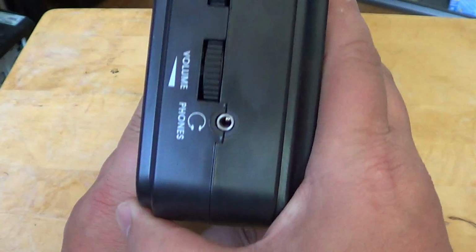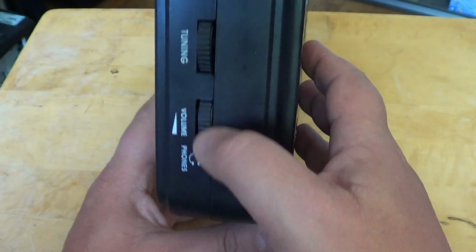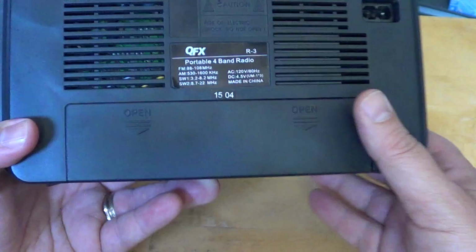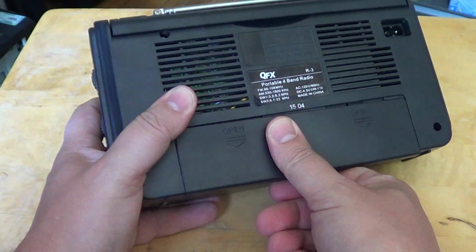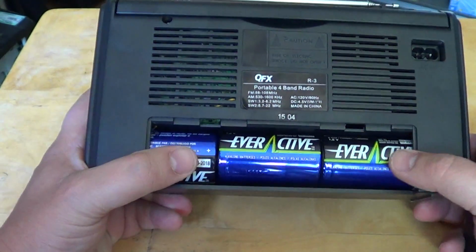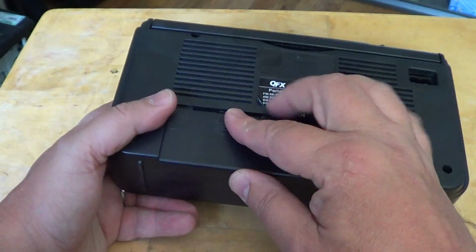So if we look at the radio itself, on the right side, you've got the tuning and the volume and also the on-off switch. There's a headphone jack. In the back, of course, the battery compartment uses 3 D batteries. This radio lasts really long because it's D batteries, but it does make the radio